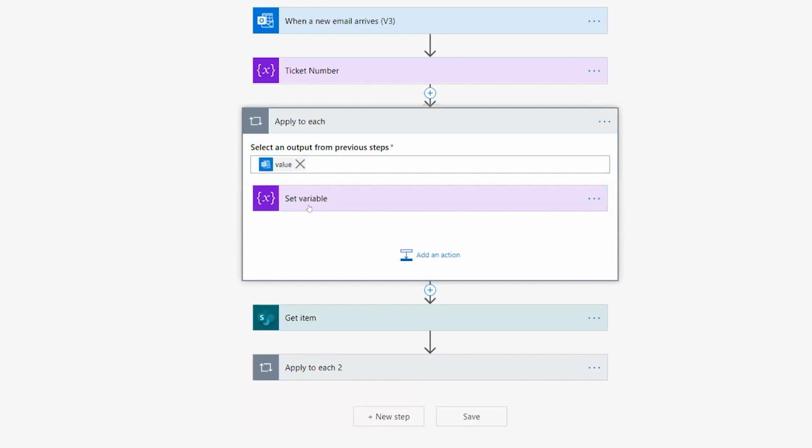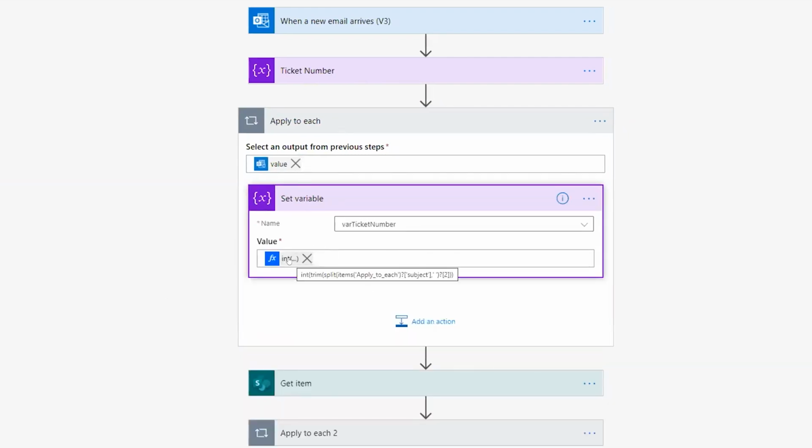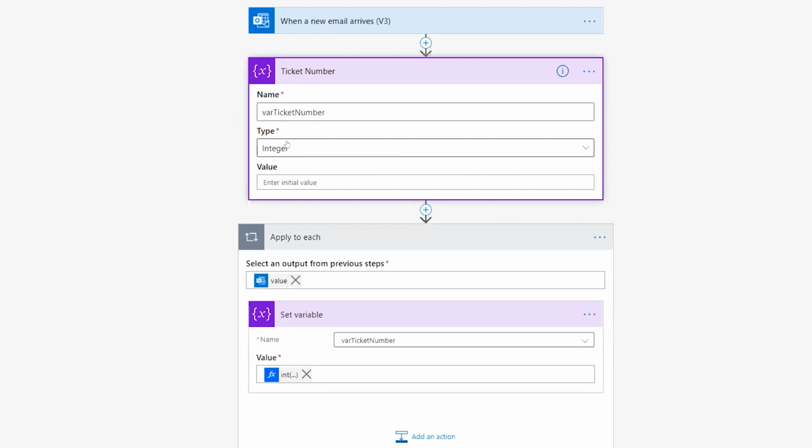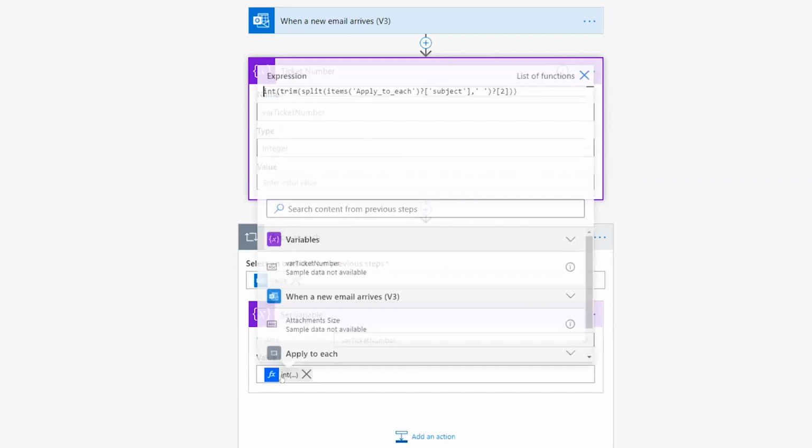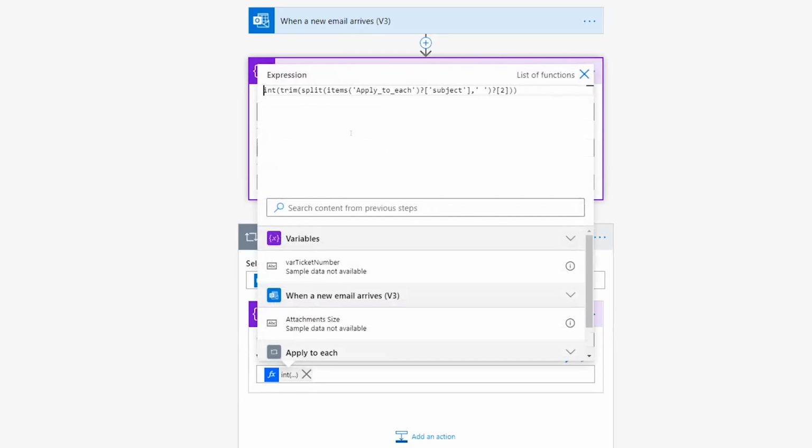So first, right here is my first expression. I have a variable that I created of type integer. Now when a new email arrived in my mailbox, the subject that I received as part of the output property, the subject property is of type text, but I need the ticket number in the form of integer. This is another very common request that I see on the forums. And in fact, I saw a lot of comments in our 101 and 201 series as well. How do I translate something from one format to a different format?